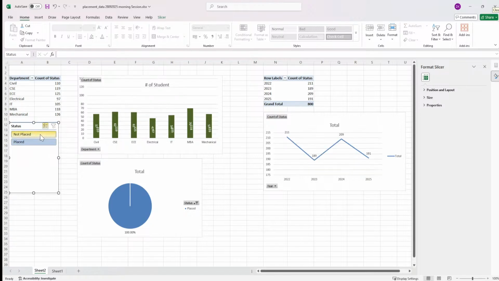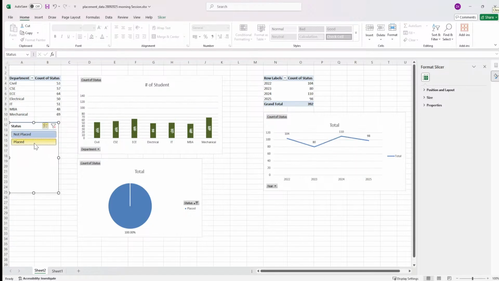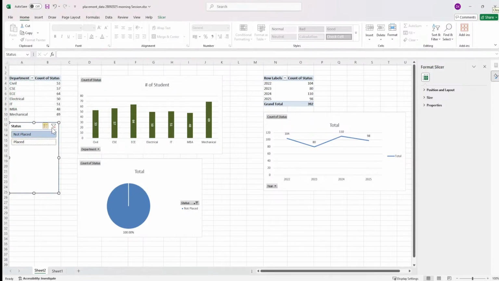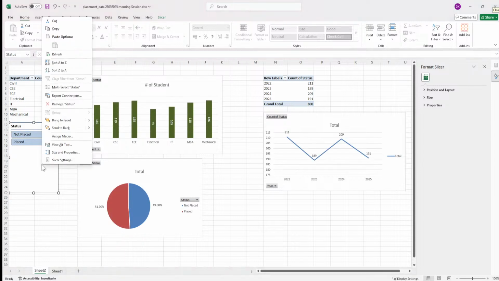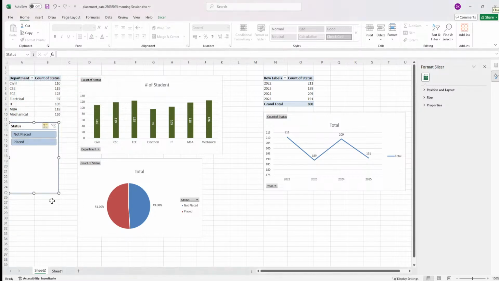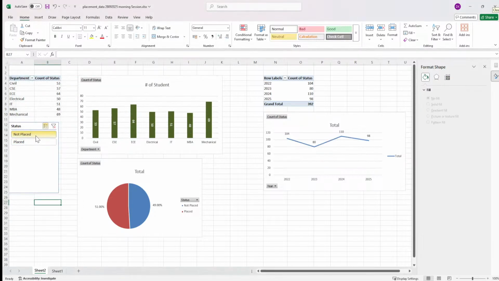Let's see. Hmm. I think I made some error, because first I need to bring it back and then remove all the things that I've selected. And then I'm going to go to the report connection and remove the 17th table from there. Now, if I select one value, you will not be able to see. However, earlier,